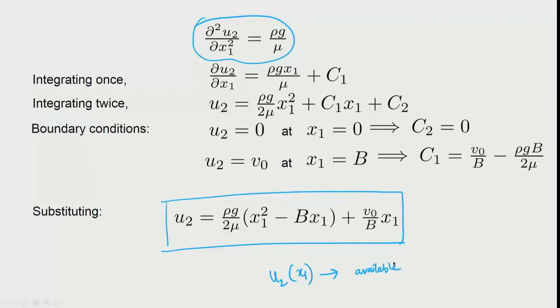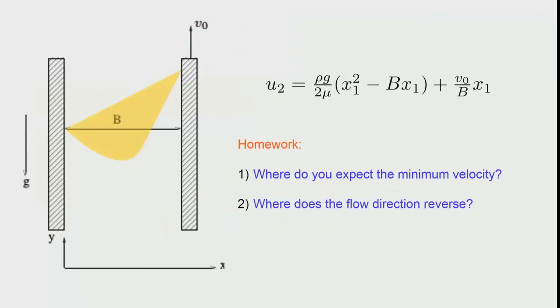So, this, as you can see, has the parabolic term that is coming here and the linear term that is coming here. So, you can already see that from our analysis just a slide behind, it must be a mixture of a parabola and a straight line, and that is how it looks. So, when you plot it, the profile would look like that, okay. So, the velocity in the left part of the domain would be going down, and on the right hand part you see that it should go up, reaching the velocity exactly v naught on the wall, okay.